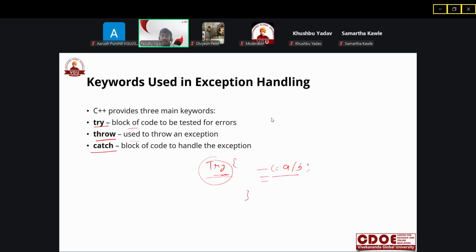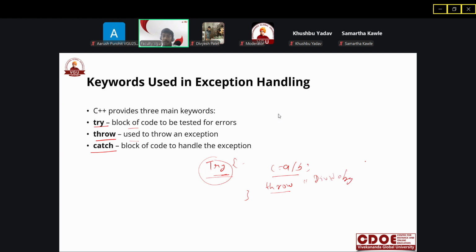And we have another thing, that is throw. Throw is used to throw the error, whatever error we are getting inside this. With the help of throw, we are throwing that error to the user, so the user will be able to see what kind of error is occurring. We will throw that there is a divide by zero problem here.